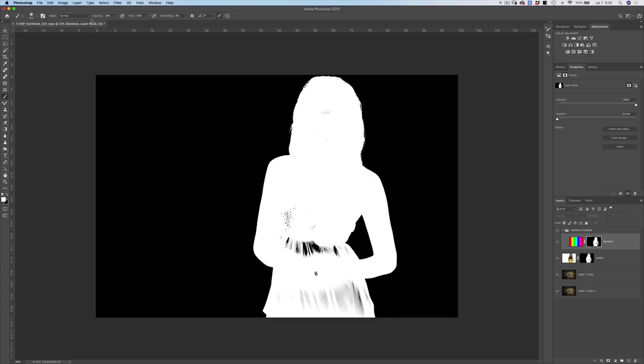I'll choose my brush tool. I'll make sure that I'm painting with 100% opacity and 100% flow. And then I'll just paint over the areas that were just a little bit dark.